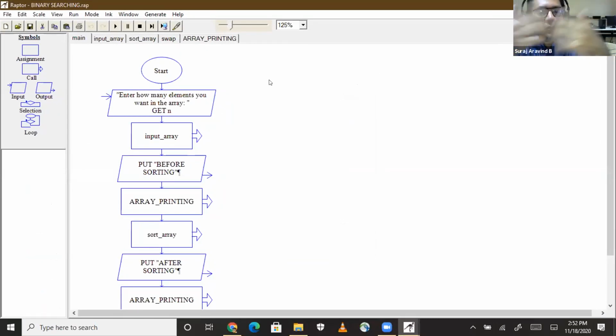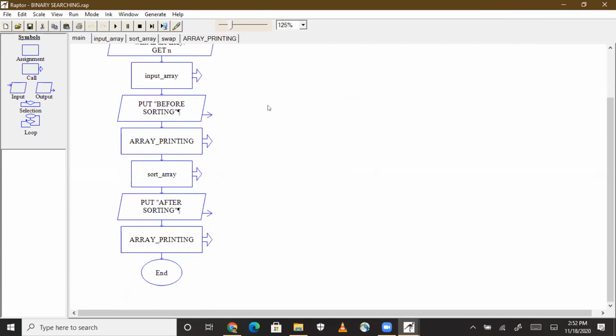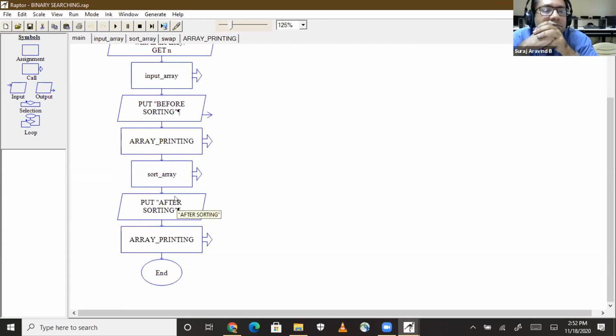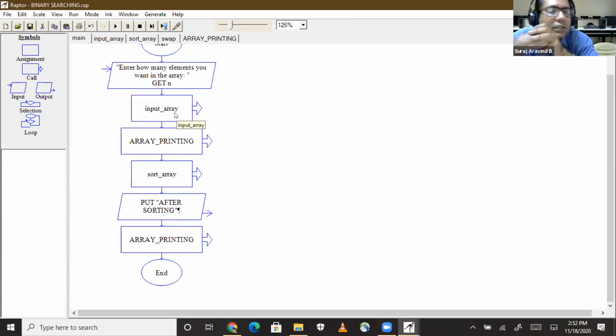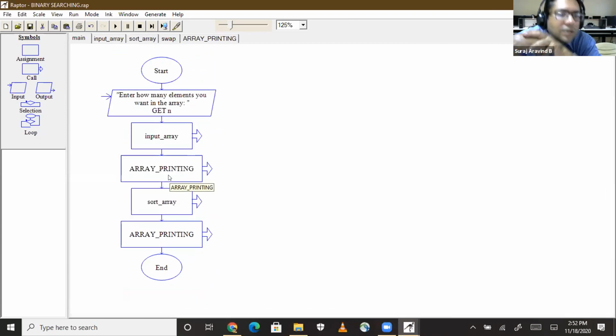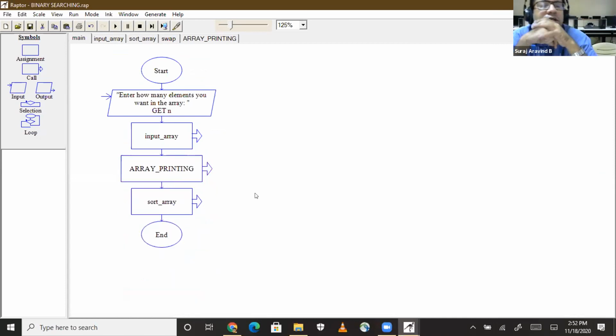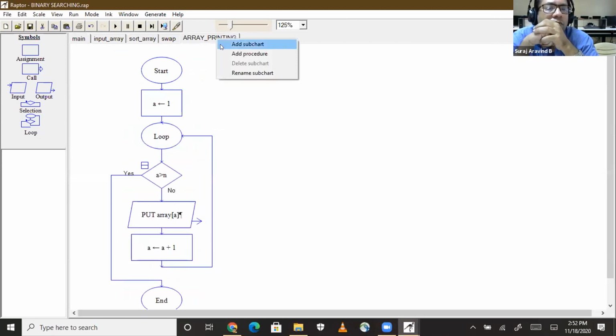Right. So our step starts from the array which is already sorted. I'll stop the array printing, sir. Array printing also can be there because we don't require it. We can check it there. I'll go with the subchart, sir.